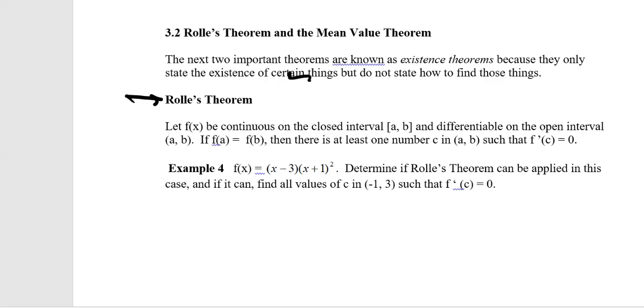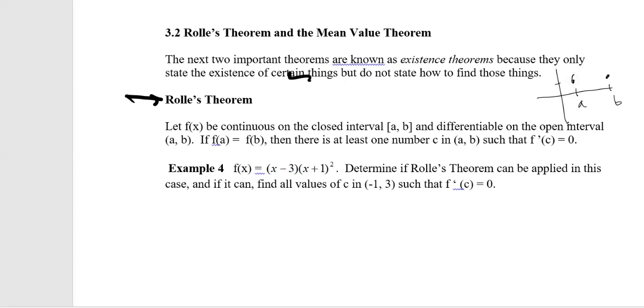If you have a graph, let me put it over here. Let's say you have a graph in here, and there's a, and here's b, and f of a equals f of b. So you see both points are the same height. Then if f is continuous on the closed interval, there's one number c such that f prime of c equals 0. In other words,